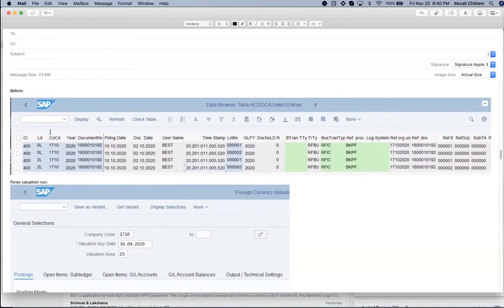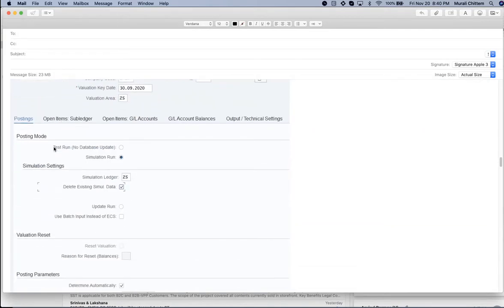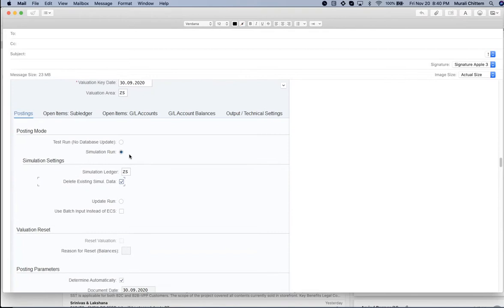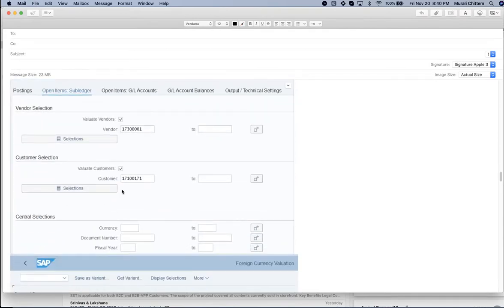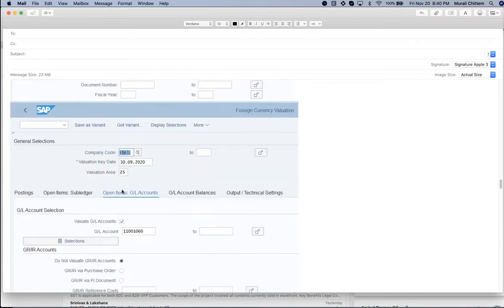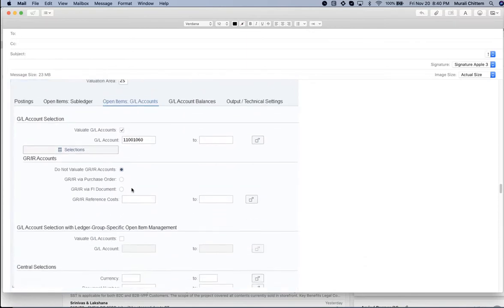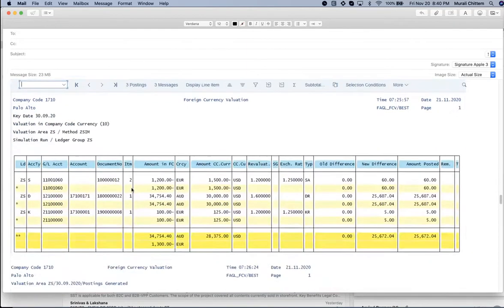If you see here, before executing this valuation run, there are only 4 documents. There is no ledger GS here. Then I ran this foreign currency valuation by giving these selection parameters. We already discussed these vendors, customers, and GL account. So this is the result.